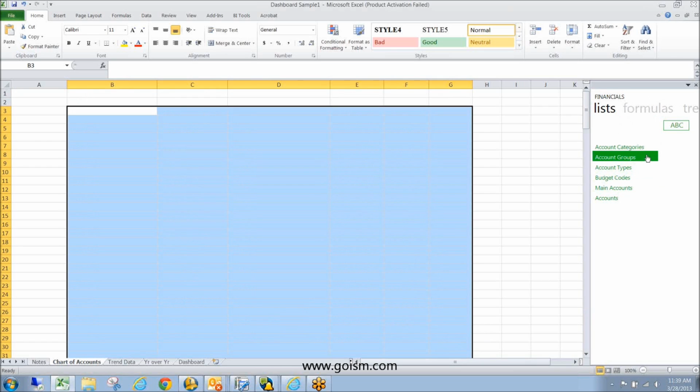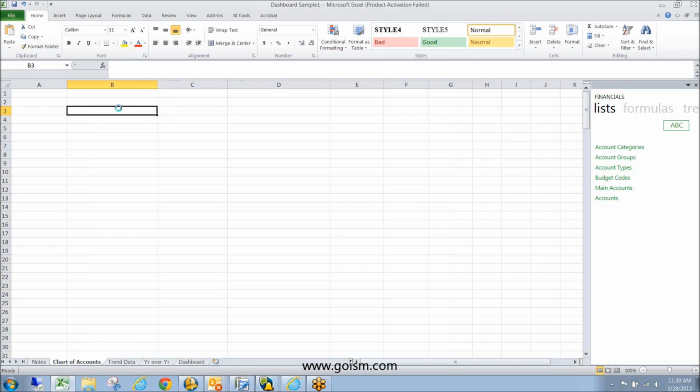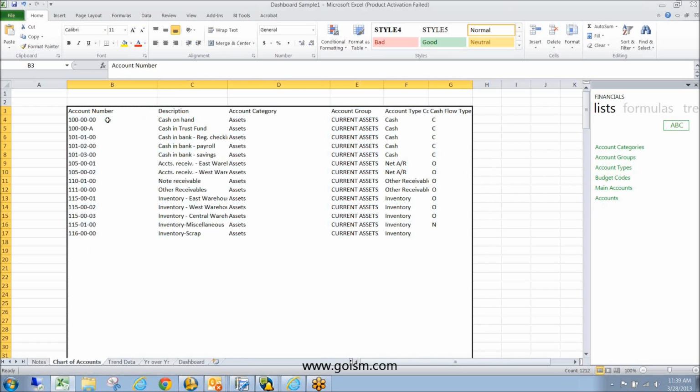So at this point, with Sage Intelligence, with the Report Designer add-in, to the right we have several categories. We have lists, formulas, and trees if we have multiple companies. In this case, our list gives us different lists that are found in the GL. So we have main accounts, we have accounts, we also have budget codes, account categories, groups, account types. For the most part, usually when I'm starting reports, I'll pull over the main accounts or the accounts. So I'm going to click and drag this over here, and you'll see that we have all of our account numbers